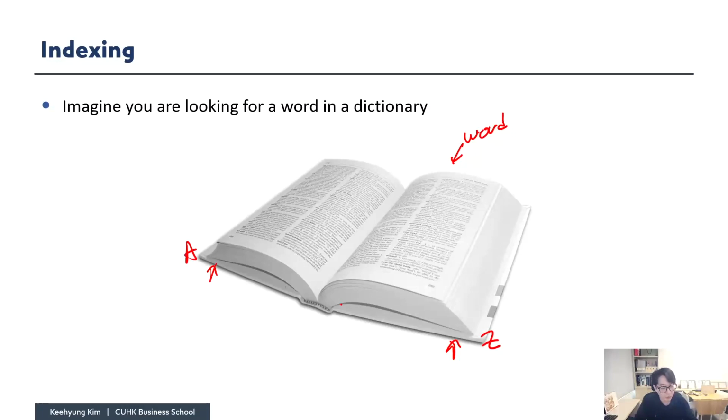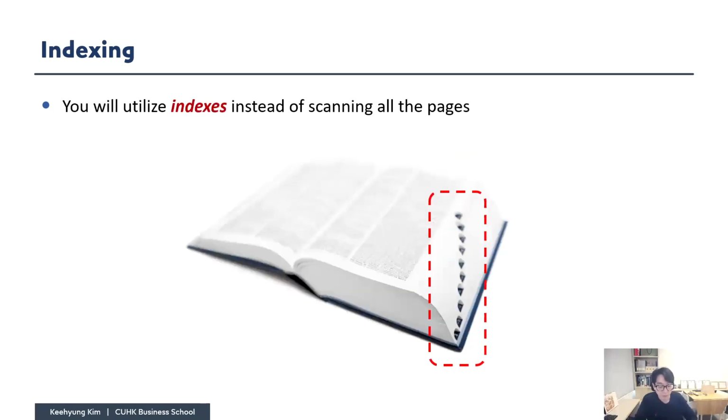So you don't need to scan all the pages from the first page to the last page to find the word you want. And also, in addition to this sorting, we have this information here. Like it says A, B, C, G like this. So if you want to find a certain word that starts with the letter C, then we can just go here and we can only scan this part. So